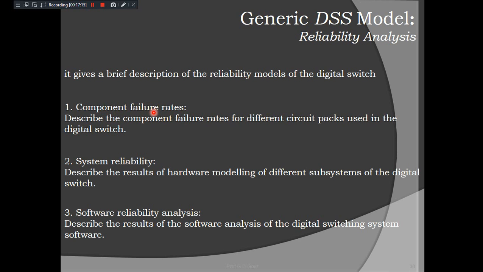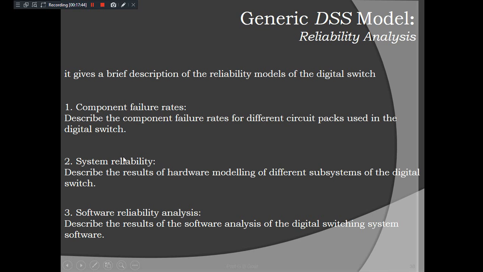The first part of this model is component failure rates. It tells about the component failure rates for different circuit packs used in the digital switch. Suppose a problem has occurred and the technician has used the wrong circuit packs, or maybe correct ones but applied them in the wrong place. How many times has it failed because of those reasons? That is called component failure rates.